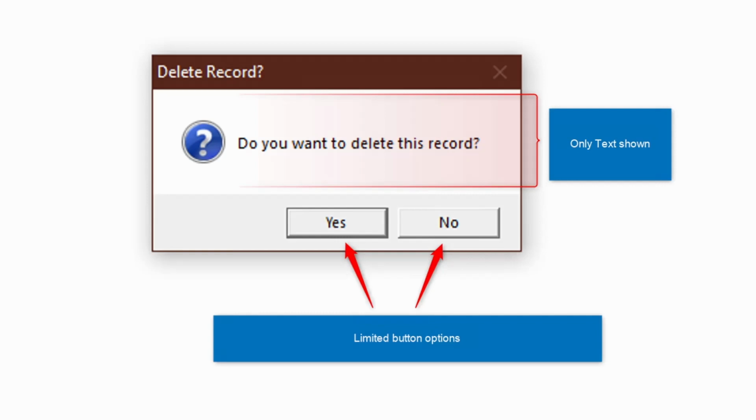In the body of the message box, only text is shown, and we wish to enhance this to allow a URL to be embedded inside the message box. Also, the number of buttons on the message box is limited to 3. And the text on those buttons is also limited. We wanted to expand on that to allow a range of buttons to allow us to place specific text on specific buttons to make it clearer to the user what they were being asked to do.